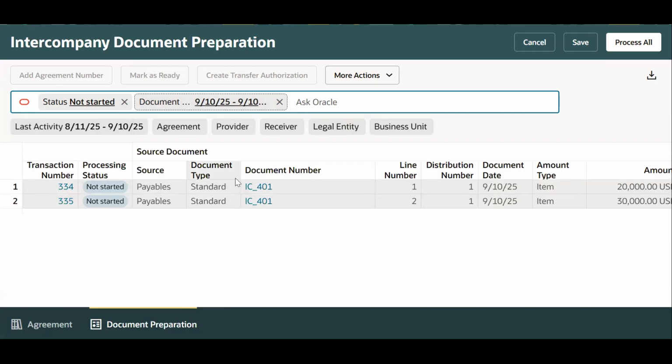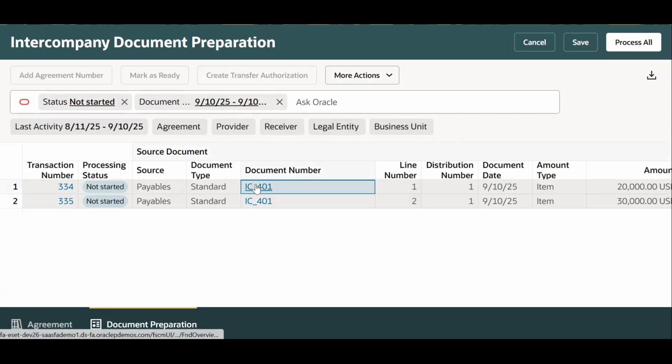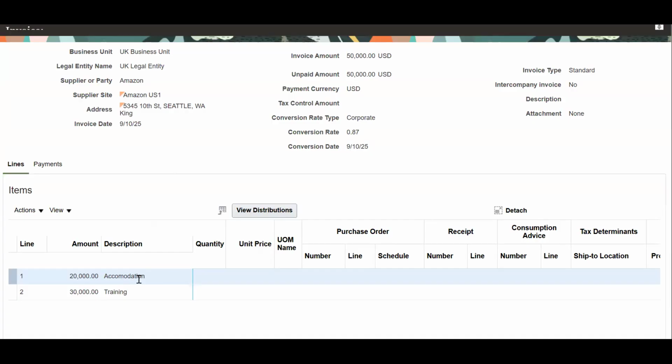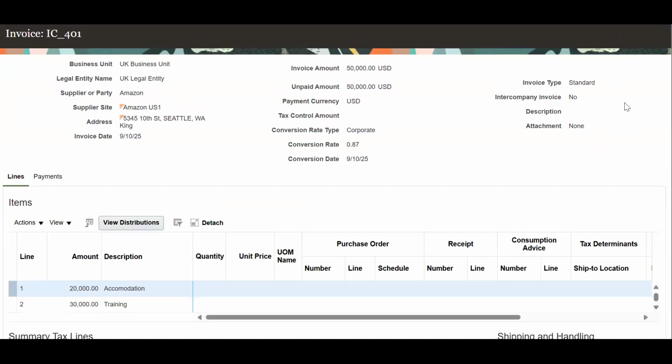Now see, this invoice is pulled here. There were two lines, so two lines appear here. If you want, you can click here and you can see the details of the invoice. So it is like this. Invoice is created. Now the intercompany person who handles this kind of thing, all the invoices will start appearing here. That person will go and check this invoice from here. They will check and try to understand what kind of line this is. They will see the detail and they should be able to make out that this particular